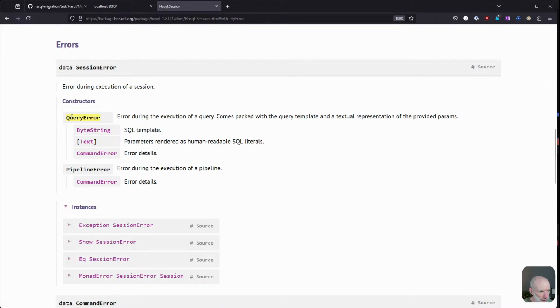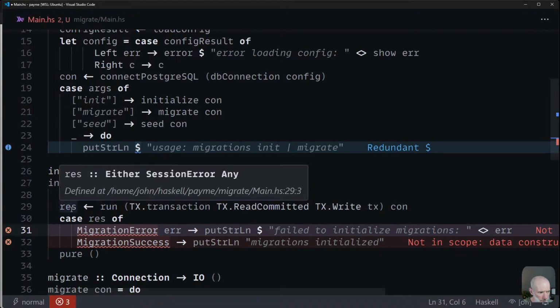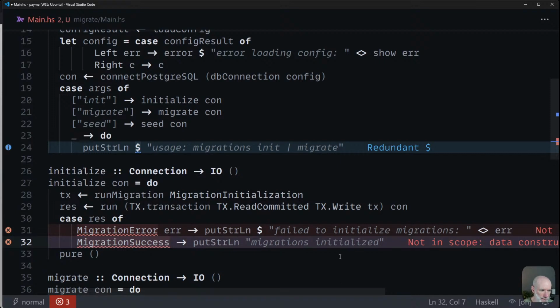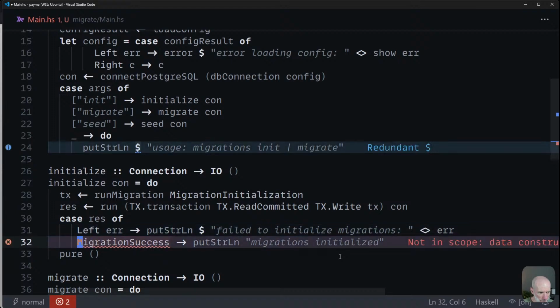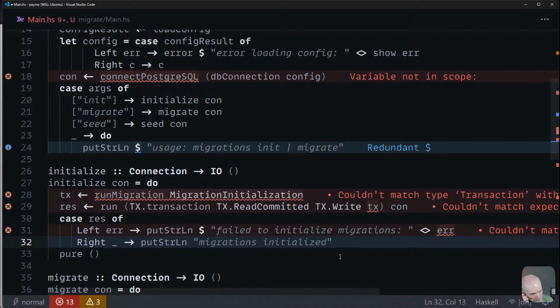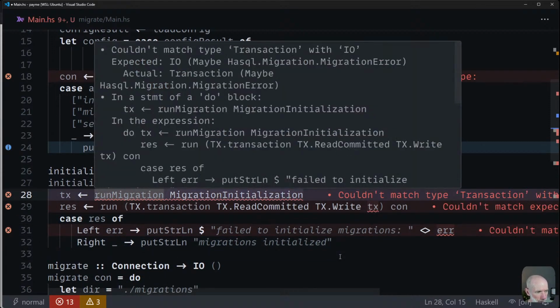So it can either be a query error. Oh wait, sorry, what's the type of result? It's either session error or any. Right, okay. So if it's left and then some error, and if it's right, and we don't care what it is, we print it out. Okay, now run migration